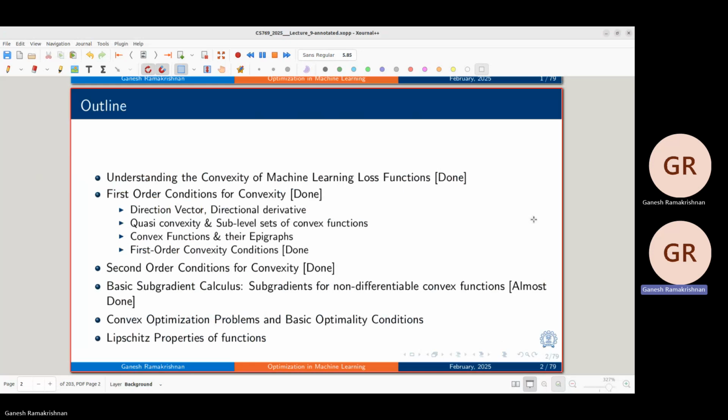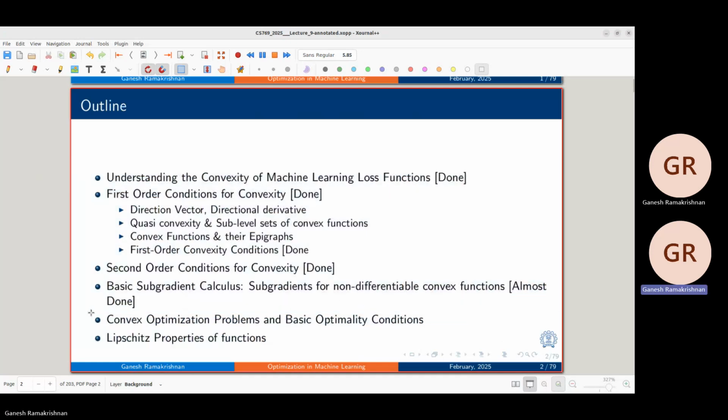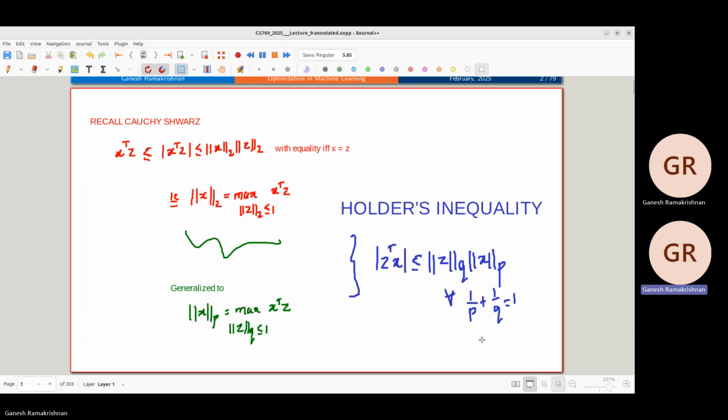So as an outline, where are we right now? We concluded first and second order conditions of convexity. We discussed some of the basic subgradient calculus conditions. This is almost done, and that's the stage for convex optimization problems and basic optimality conditions and so on, and then the Lipschitz property. Okay, so I had left you with a homework problem, and the homework problem was motivated by